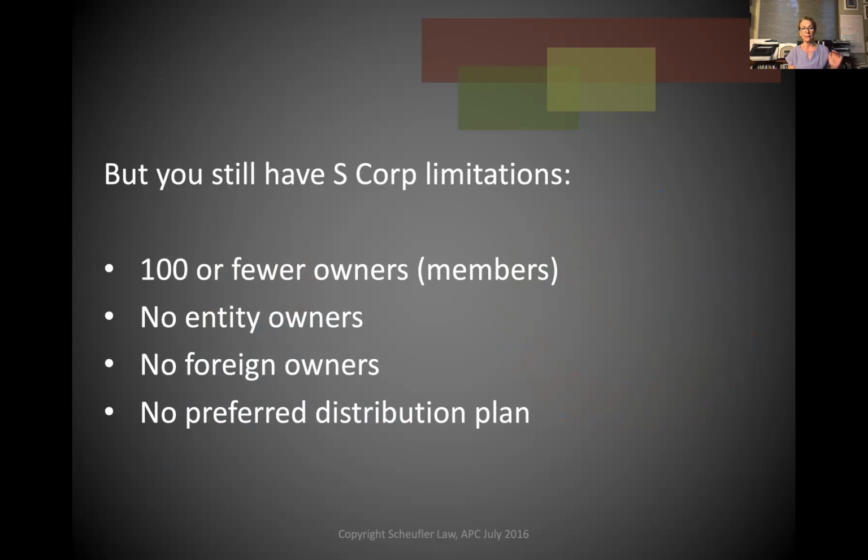The one advantage to having an LLC without the S corp limitations is that you can have more than 100 owners. You can have entity owners. You can have foreign owners, and you can indulge in preferred distribution if you don't take that S election in the LLC. So in some businesses, LLCs were really mainly developed to kind of take the place of the old